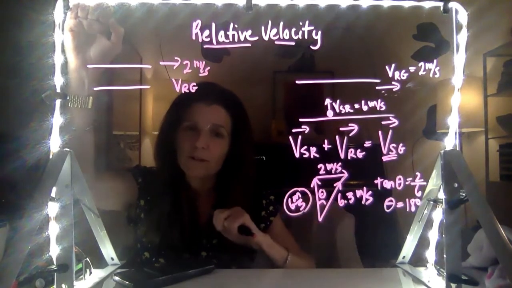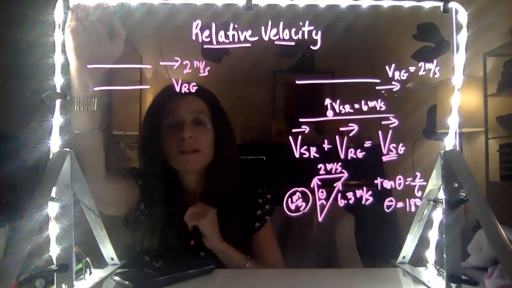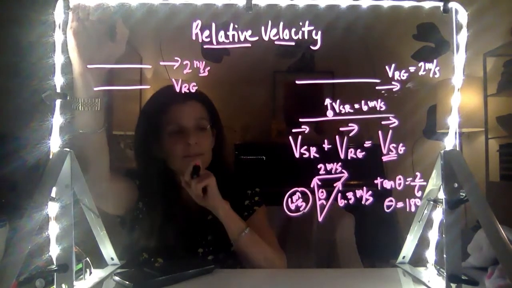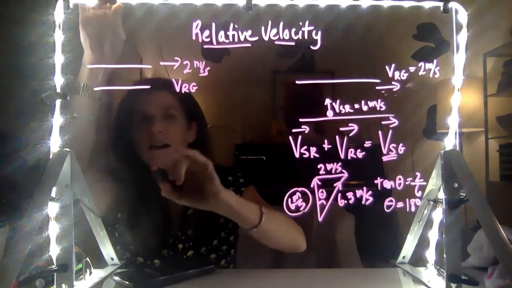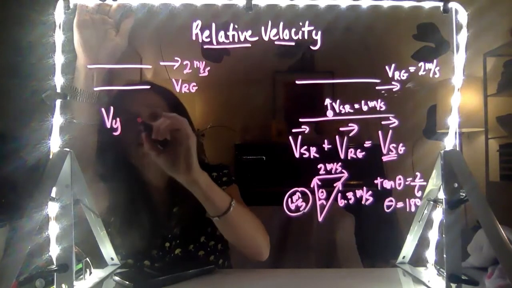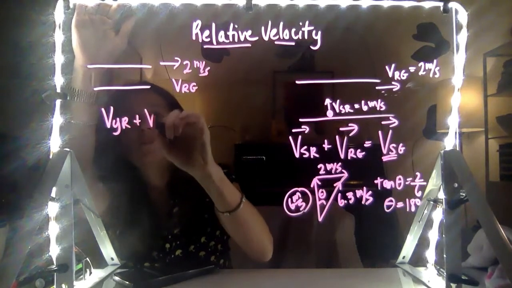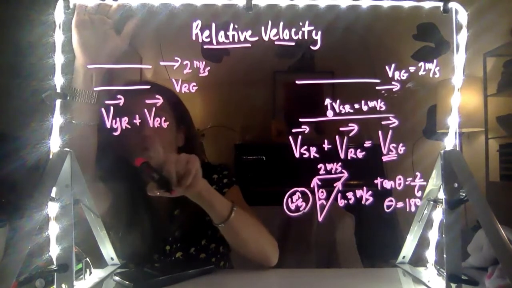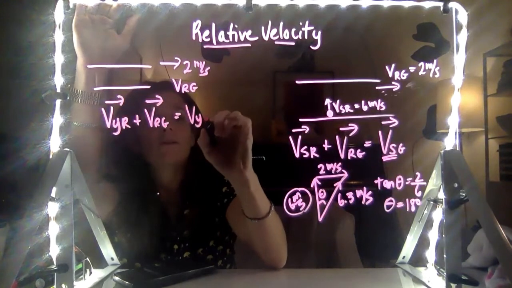Whereas here, the hypotenuse was 6.3, we're going to have a different triangle where the hypotenuse is going to be the speed of you relative to the water. Now we can work this out kind of conceptually, but let's actually think about it a little bit rigorously first. Velocity of you relative to the water, relative to the river, plus the velocity of the river relative to the ground. And again, these are not straight additions, these are vector additions,